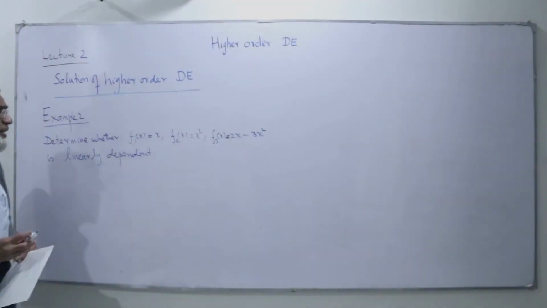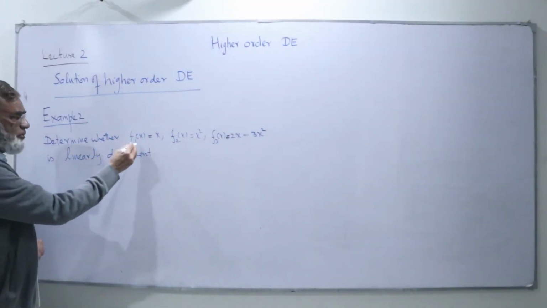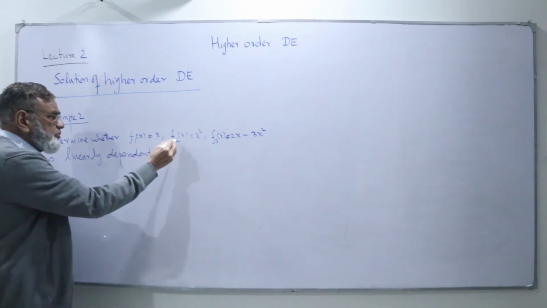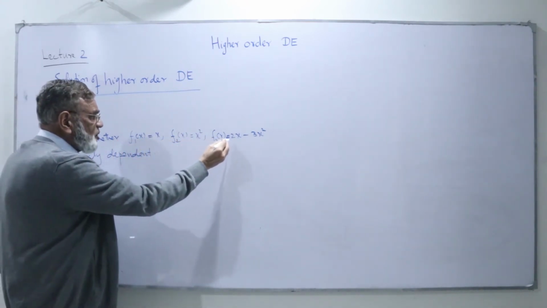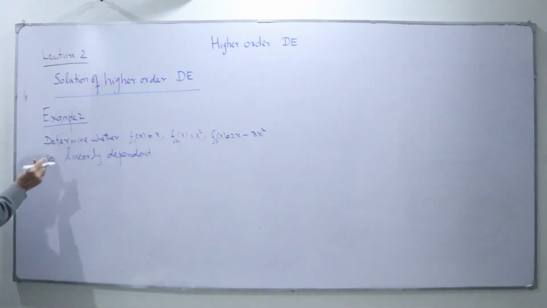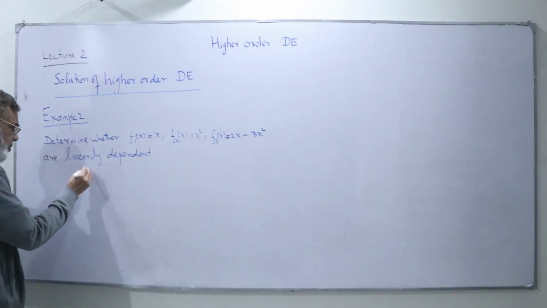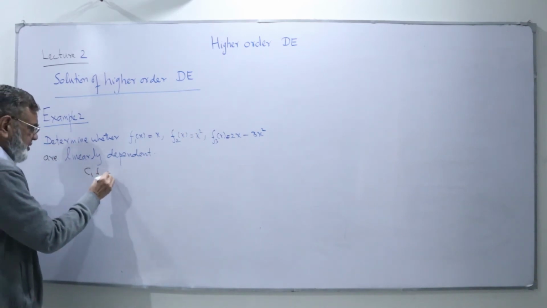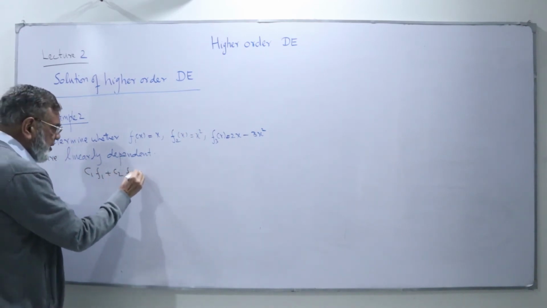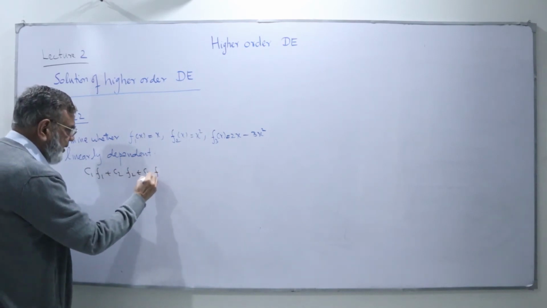We take another example. Determine whether the functions f1(x) = x, f2(x) = x squared, f3(x) = 2x minus 3x squared are linearly independent. So we have a set of functions, and as we have said, we take the linear combination and put it equal to 0. If the c's are not all equal to 0 but the combination is equal to 0, the functions are linearly dependent. So we take the linear combination c1 f1 plus c2 f2 plus c3 f3 equal